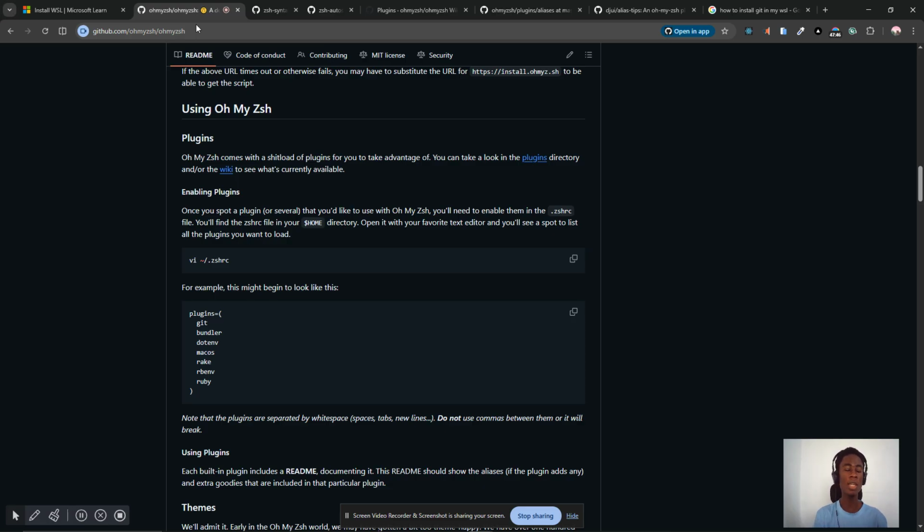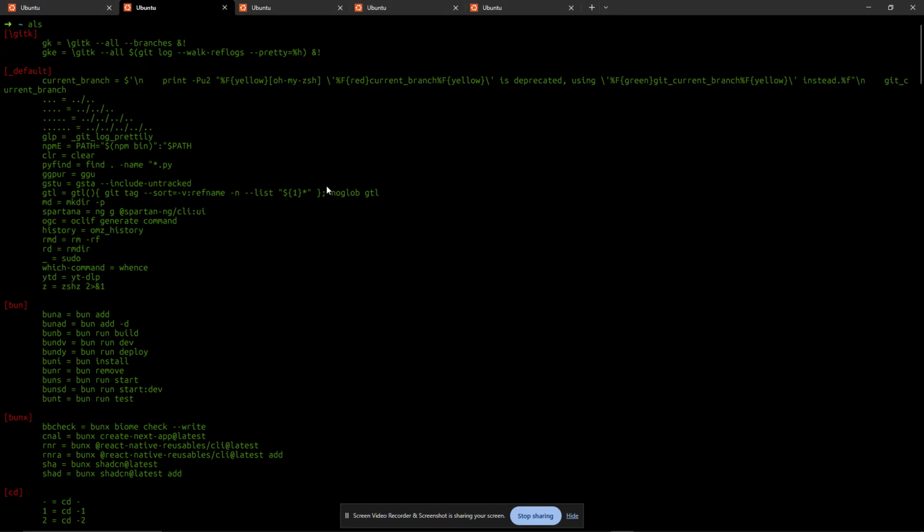Okay, so that's like a hash map for your actual commands. You store the keys as the short versions, and then the values are the actual long versions. So you type the short version, Oh My Zsh is going to check that map and then run the actual long version. Okay, yeah. So yeah,